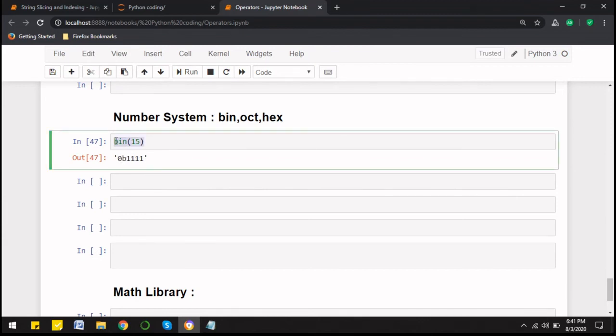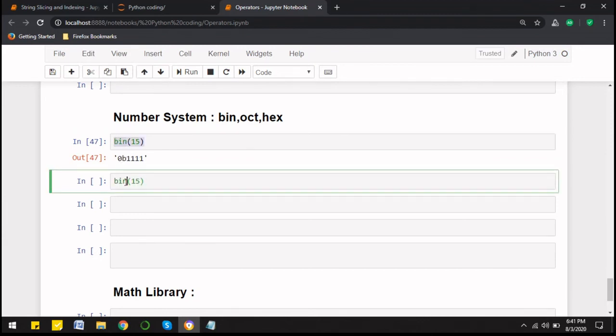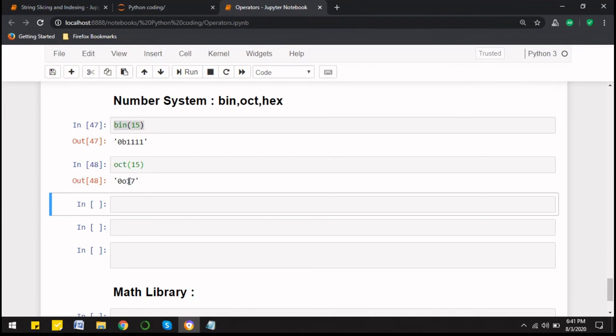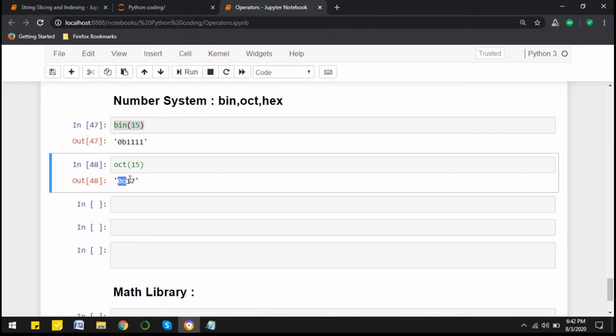Now similarly, to find out the octal representation of this number, we will write oct. Octal short form is oct. So 17 is the octal representation of 15 that you can do. You can calculate it. We have already understood the different number systems in the first semester of computer science. So this 0o basically represents that this number is the octal representation of some decimal number, right?